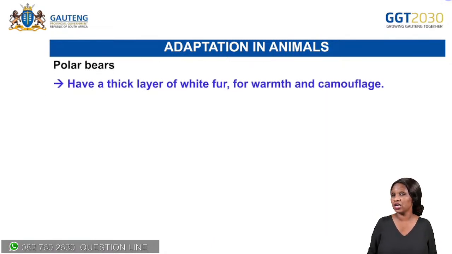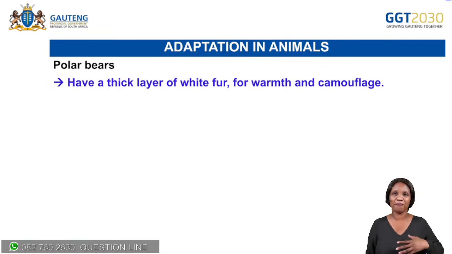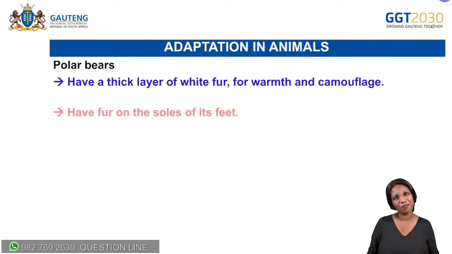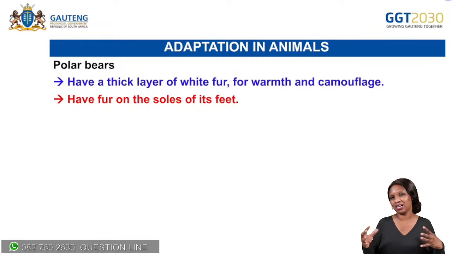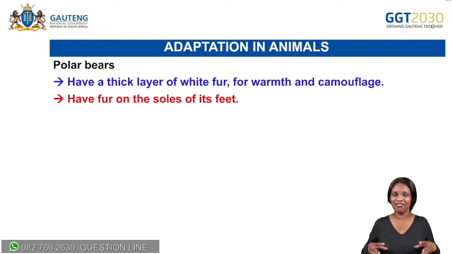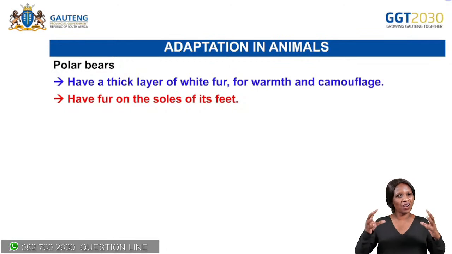And then we've got polar bears as well. Polar bears are animals that we find in extreme environments. Which environment is that? We find polar bears in snowy areas and icy areas. They've got a thick layer of what? Of fat under their skin. Right? And they've got fluffy hair. Okay. They've got fluffy fur